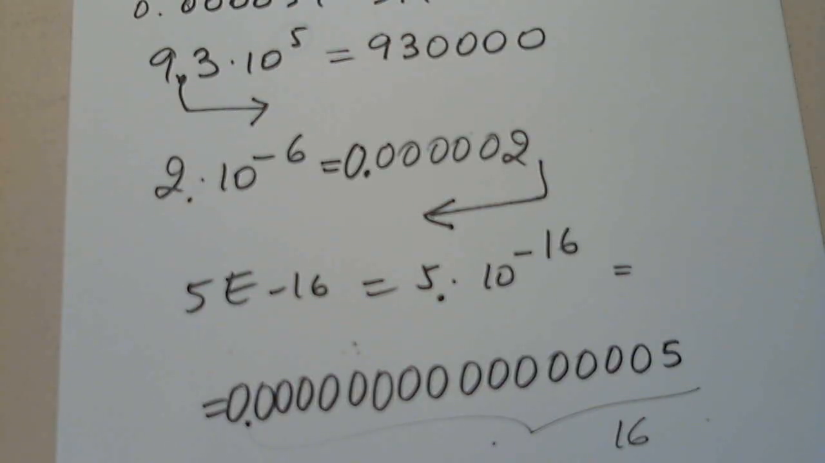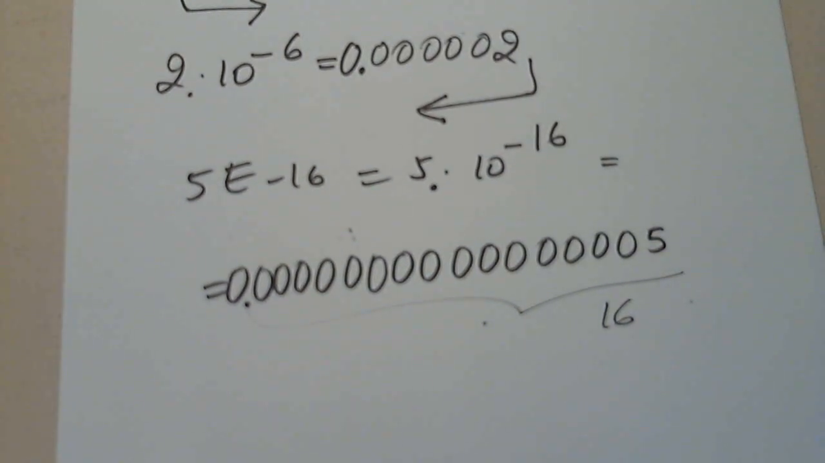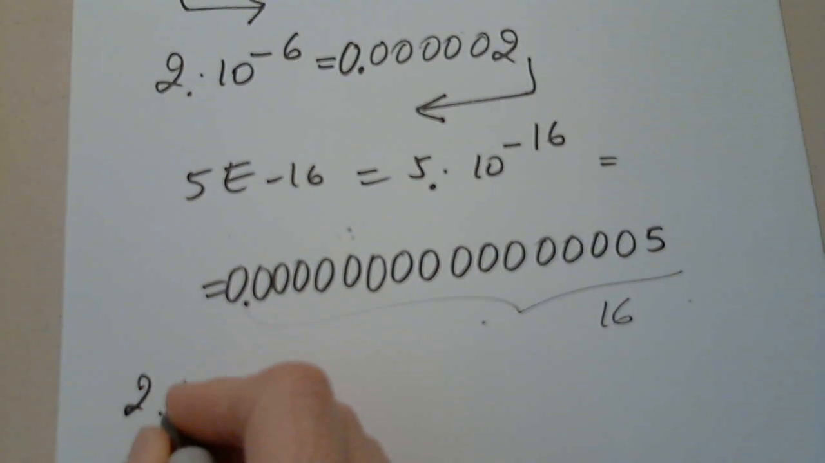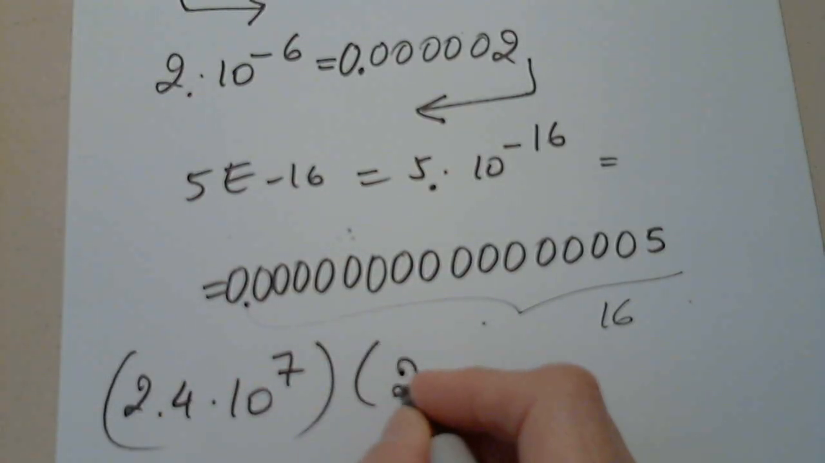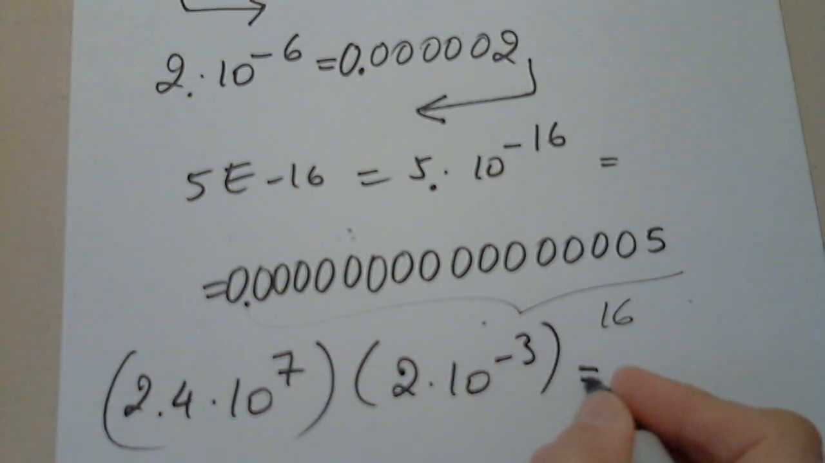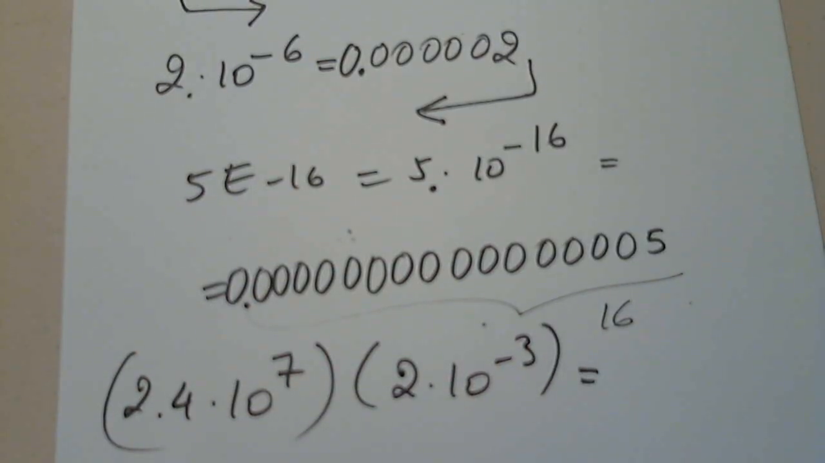Okay, so let's see what else. I just want to see if we have any operations. Multiplication. Yes, that's what I was looking for. So 2.4 times 10 to the 7th, everything multiplied by 2 times 10 to negative 3. Okay, this is what I was trying to get to. So we have to carefully look at between 20 and 31. Okay, so first of all, we have